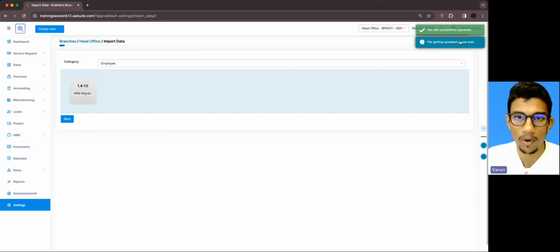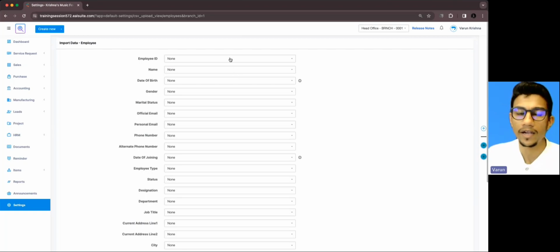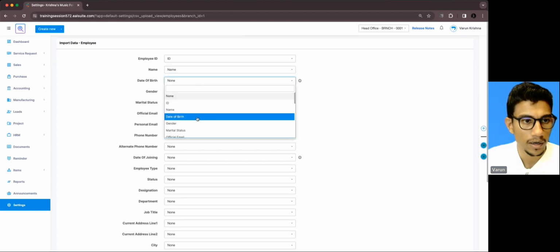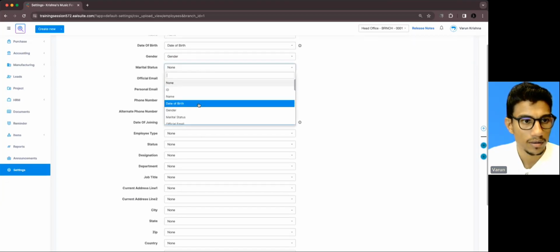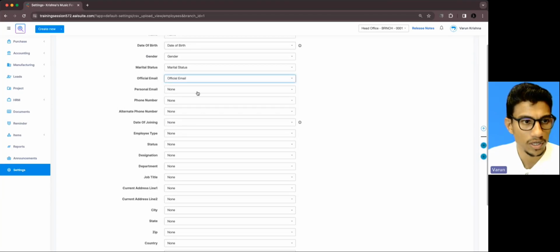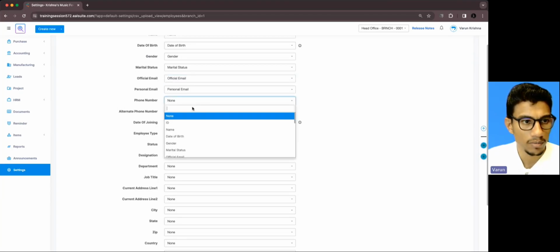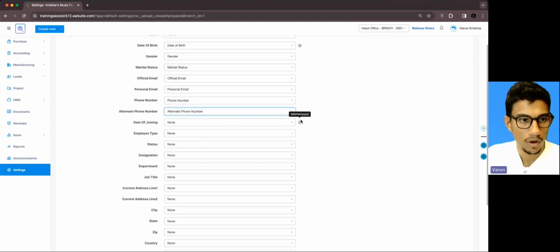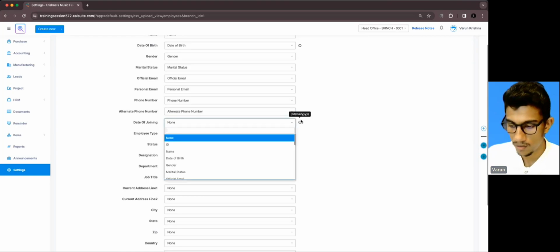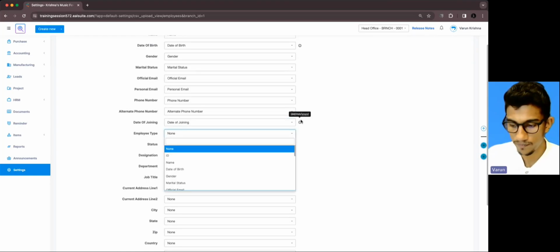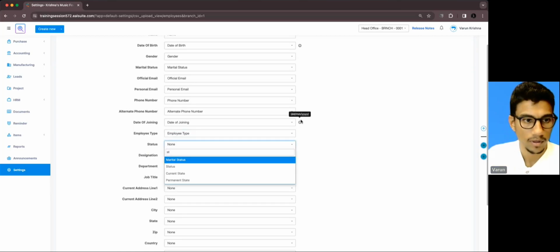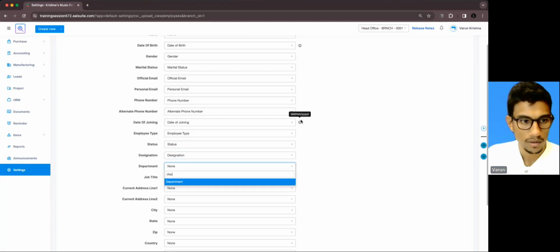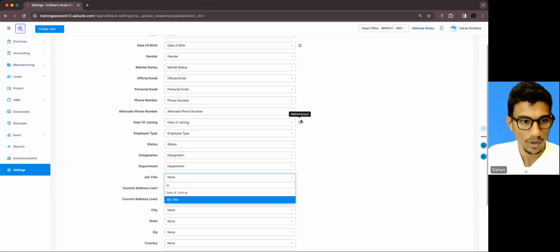So the file was successfully uploaded. Next, I need to map all the fields. So ID, name, date of birth, gender, marital status, official email, personal email, phone number. Okay. The alternative phone number, the date of joining, the employee type, the status, designation, department, job title,